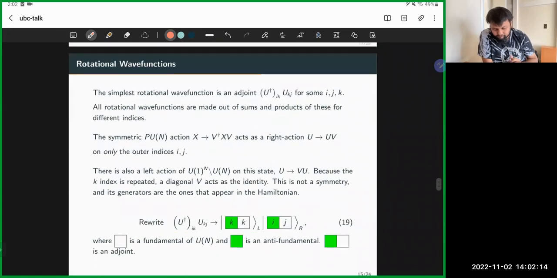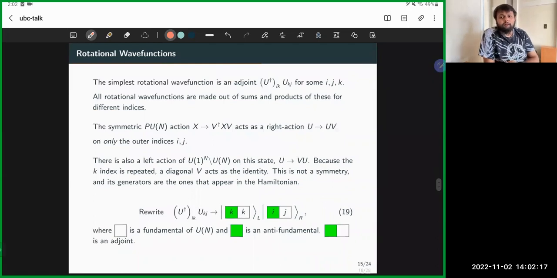Good. So now let me get to the important part, which is the rotational wave functions. Let me stop here if anyone has questions about what I said until now. Okay. It's either a good sign or a bad sign. Anyway,